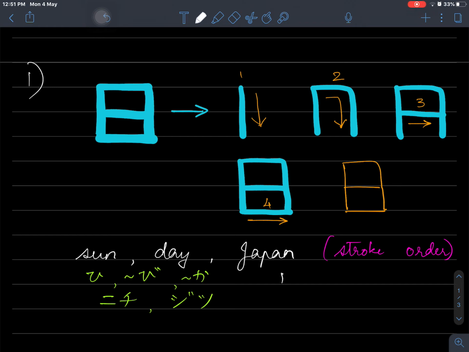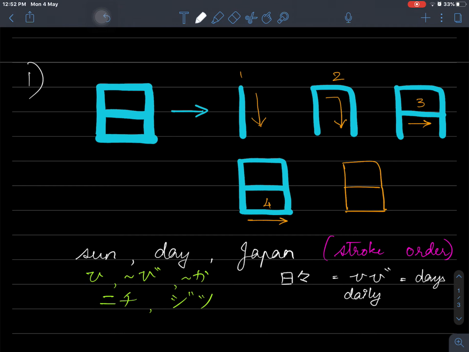I'll write it on the side. So this will be read as hibi, and it means days. That's what that means. There is another meaning. You could use it to mean daily, but the most common usage that I have come across in my interactions, in case you're curious, I work with Japanese daily. So most of the time, hibi comes in the context of days.